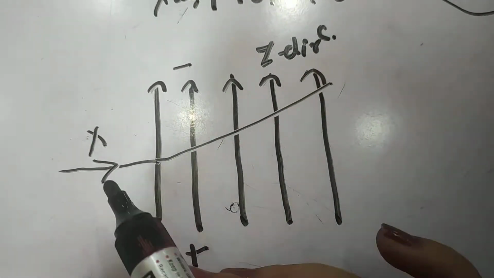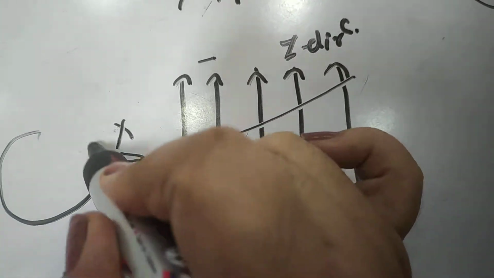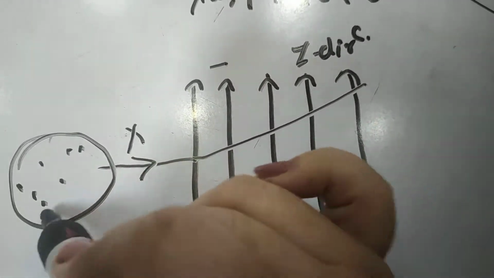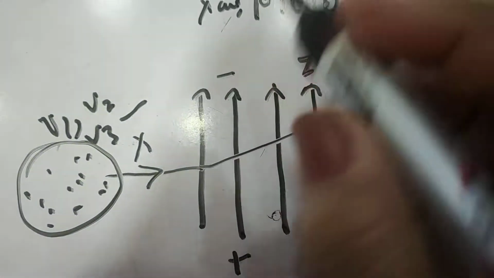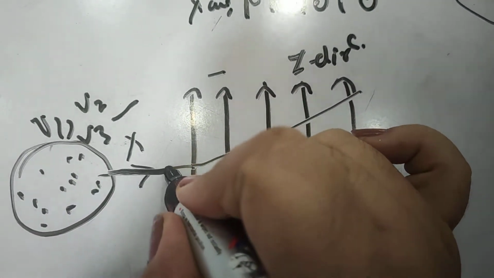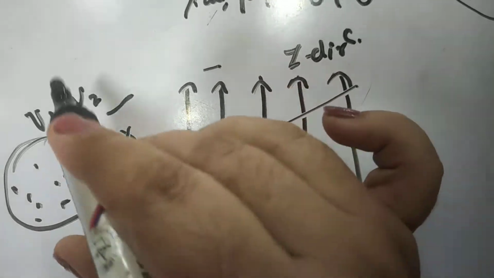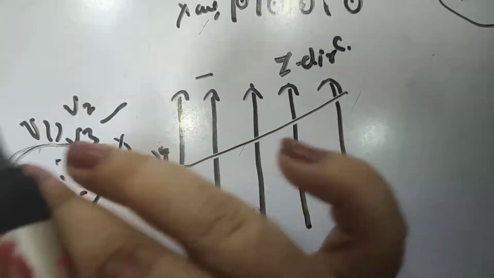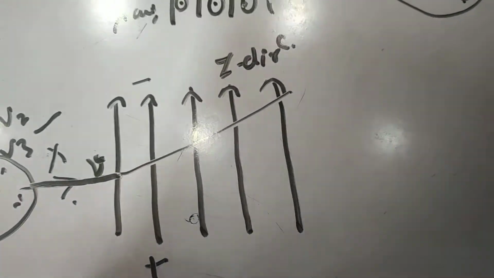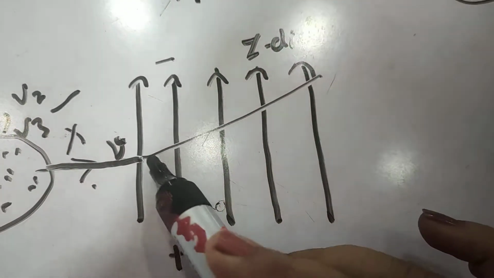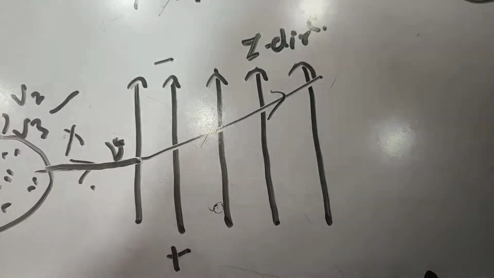So it means, let us suppose we have a beam of charged particles having a number of charges with different velocities v1, v2, v3, v4, and suppose the charged particle which is entering the field has velocity v. No doubt v1, v2, v3 will also enter. So specifically we will specify our case to velocity v. So it will experience a force.